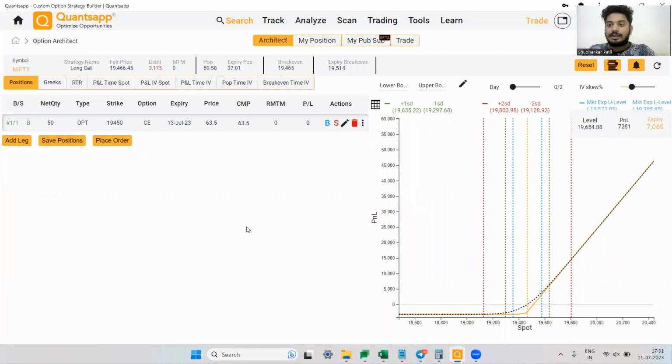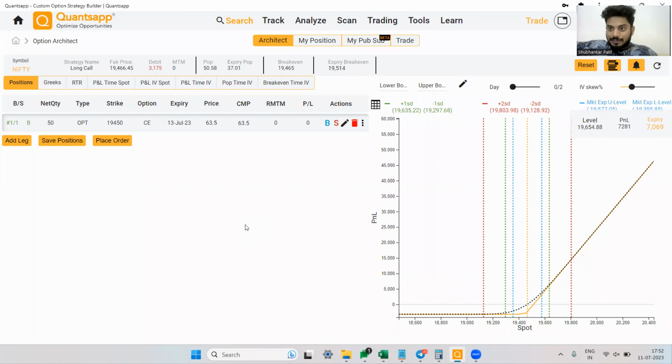So if I'm going ahead and creating a bull spread, that means what? I'm going ahead and creating a bullish strategy using call options. How am I going to achieve it? Simple. I will buy an at the money strike price call option or an in the money strike price call option, and I will sell the strike price which is higher than the bought one. That means if I have bought 19,500, I will sell 19,550 or greater than that. I will not sell a smaller strike price because then eventually my delta effect will play negative to me, right? Because I am going ahead and creating a bullish strategy